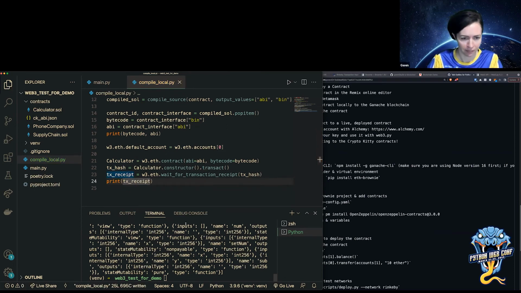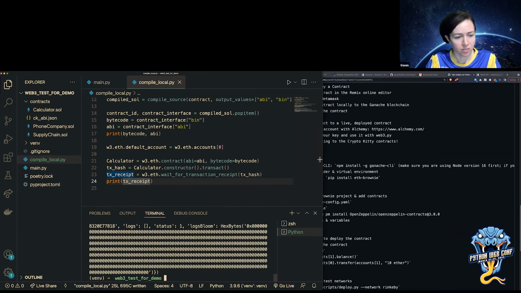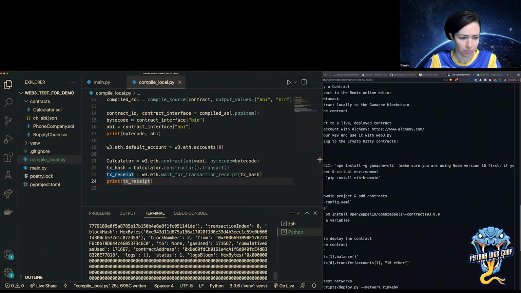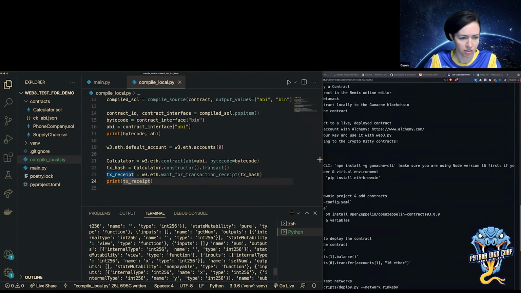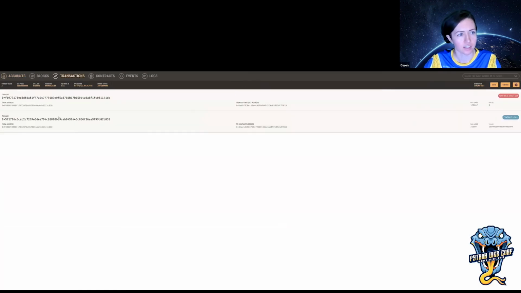Okay, so this is the receipt. It's kind of hard to read. I can also see it over in my Ganache. So you can see this transaction is of type contract creation.